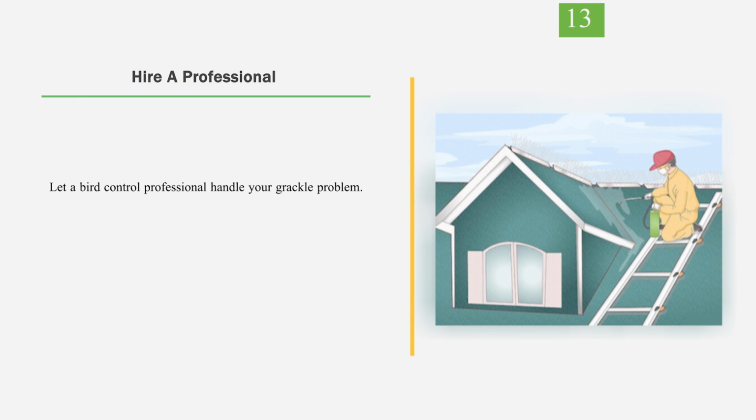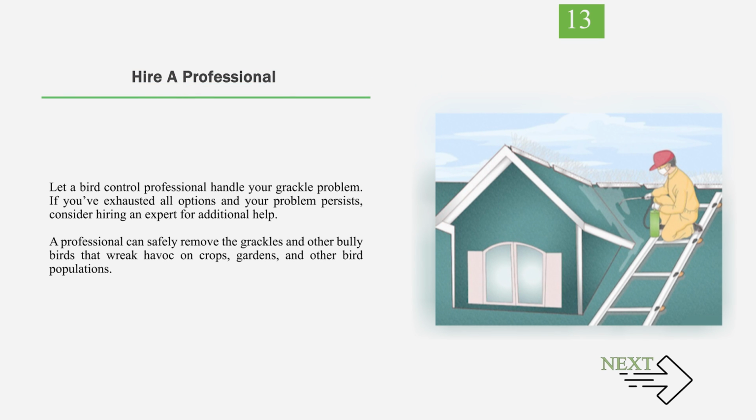Number 13. Hire a professional. Let a bird control professional handle your grackle problem. If you've exhausted all options and your problem persists, consider hiring an expert for additional help. A professional can safely remove the grackles and other bully birds that wreak havoc on crops, gardens, and other bird